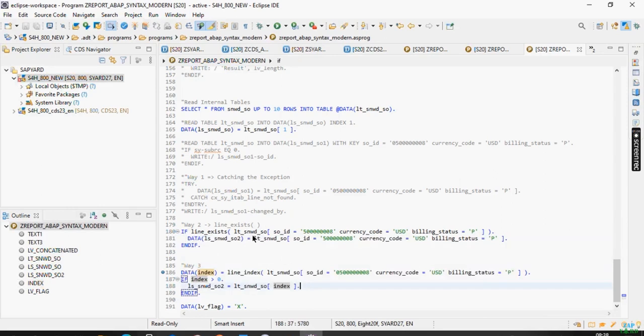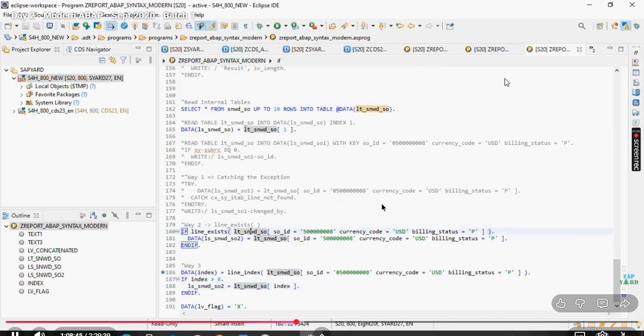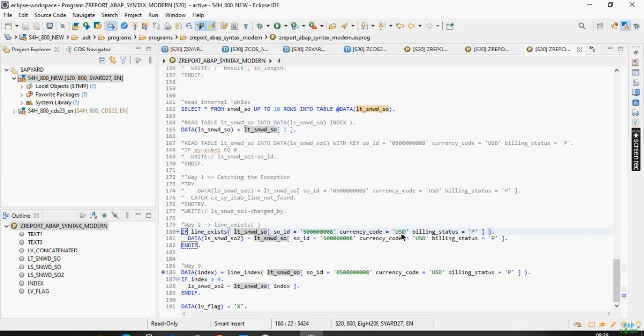Second point, with this new syntax, read table processing is much faster. You will not be able to understand the difference between just 10 records or 11 records. Try to read huge amounts of data, as in lakhs, and then try to understand the difference between reading the table through the conventional read table and